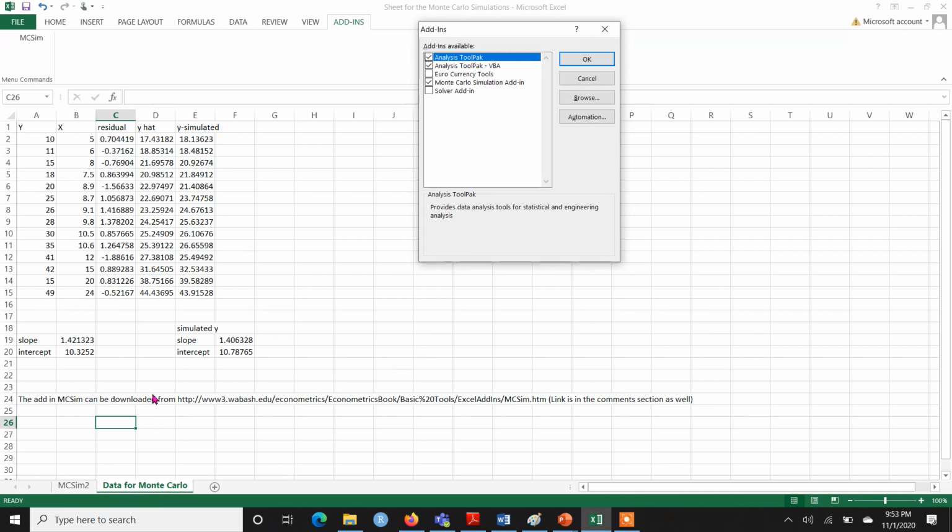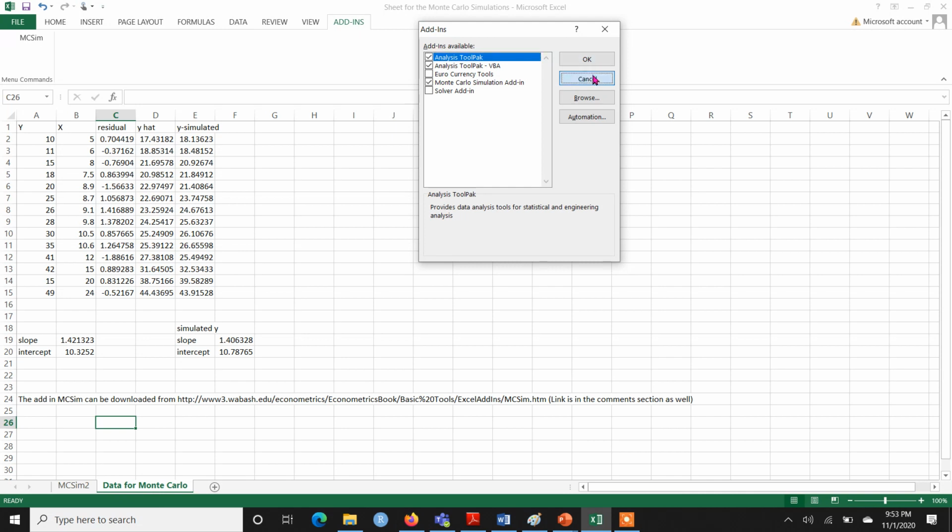So you have to download it. Once you have downloaded, only then you will be able to see this option of Monte Carlo simulation add-in, and then you will click on OK. I'm clicking on cancel for now because I've already added this, so I don't want to repeat the whole procedure as that might corrupt the Excel add-in. But you will click on OK.